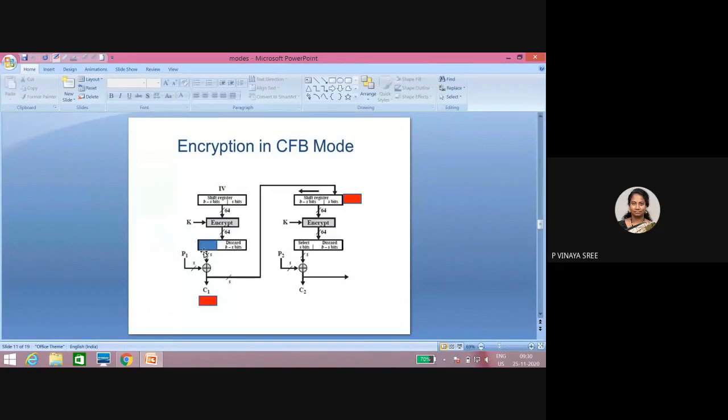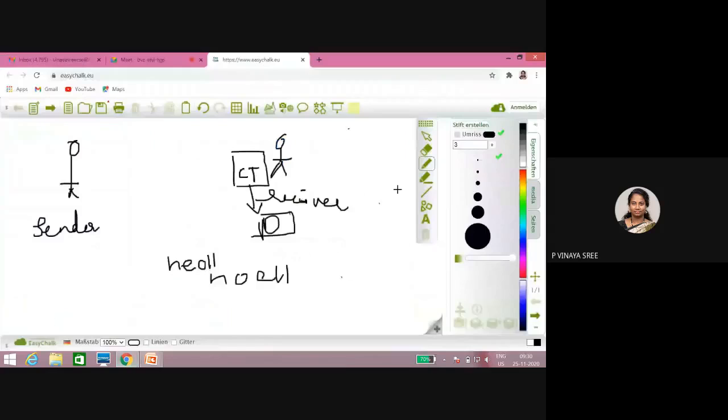In this, we take the most significant bits and a plain text of S bits size and do the XOR operation. Finally, we get a ciphertext. This ciphertext will be given to the next one, and try to see here, this initialization vector is fixed. Means, for example, in the initialization vector, it is only 8 bits. Let us consider. Try to concentrate, this is very important for the next algorithm.